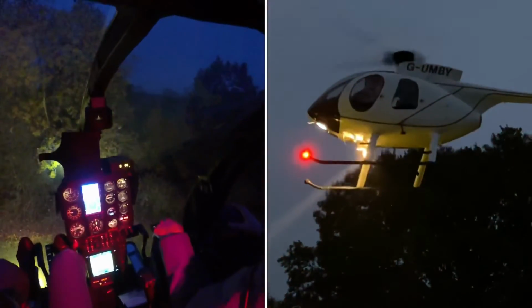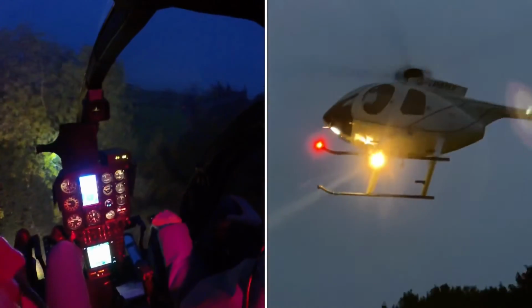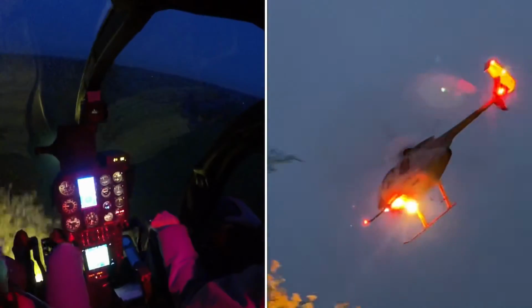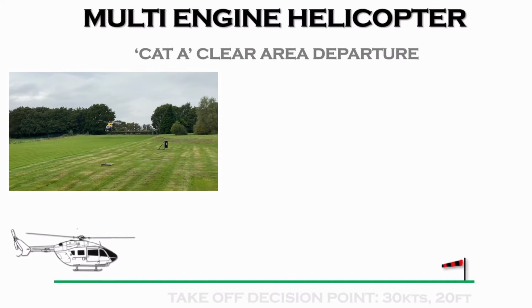You can see the crew looking around, making sure that they're clear of obstacles at all times. And once the height of the trees has been reached, the nose is gently pushed forward to accelerate into normal flight. For a multi-engine helicopter, the takeoff profiles are similar, but there are some key points along the way where